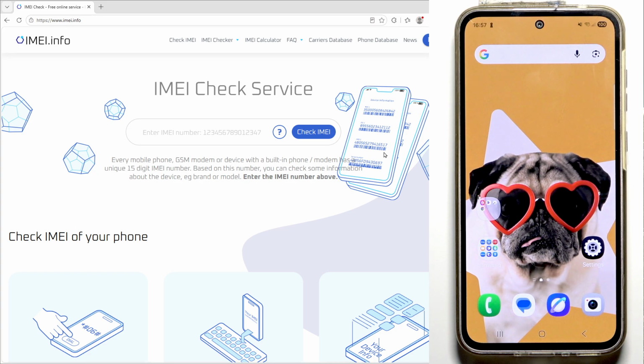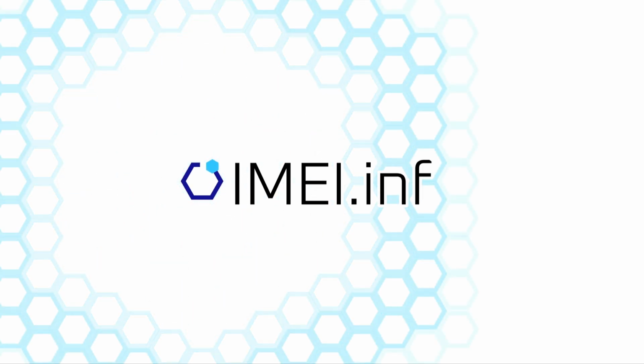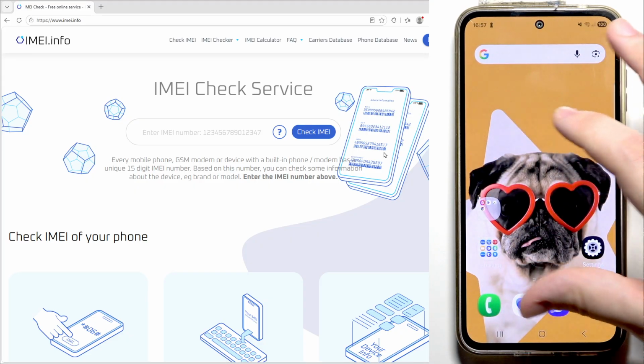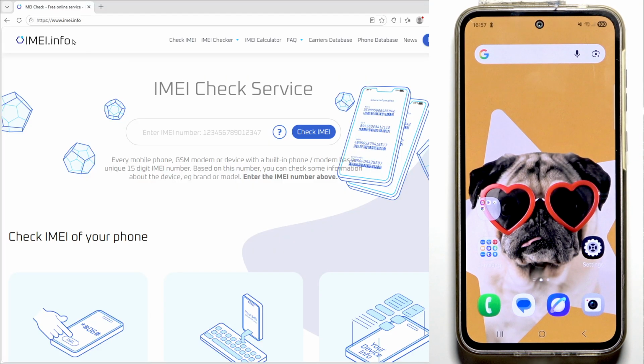Hello, in this video I'm going to show you how you can perform the MAC address check using the IMEI number of your Samsung Galaxy A35. To perform the extended MAC address check of your Samsung Galaxy A35, you have to visit our page, IMEI.info, and